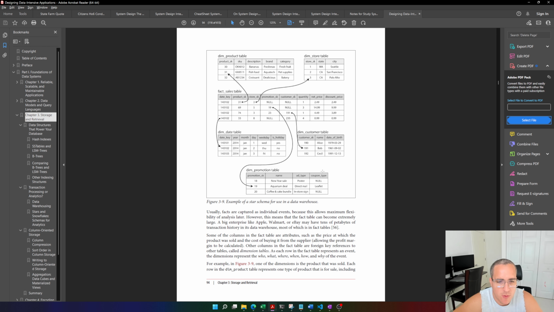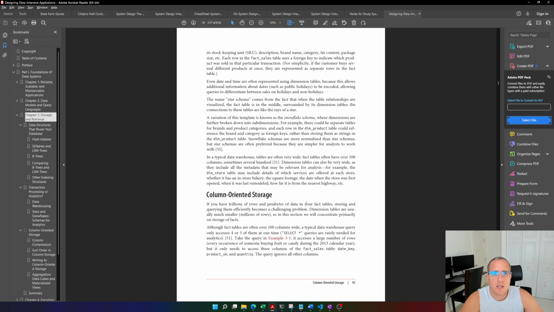For example, in figure 3.9, one of the dimensions is the product that was sold. Each row in the dim product table represents one type of product that is for sale, including its stock keeping unit, SKU, description, branding, category, fat content, package size, etc. Each row in the fact sales table uses a foreign key to indicate which product was sold in that particular